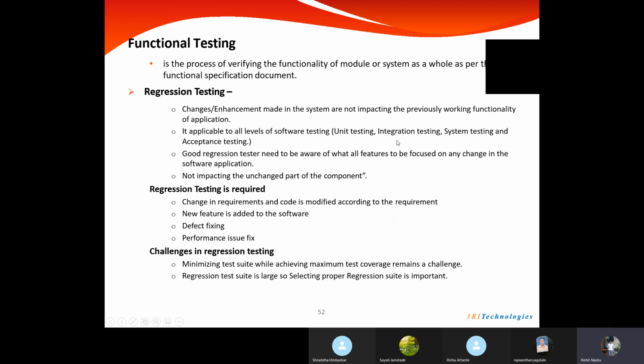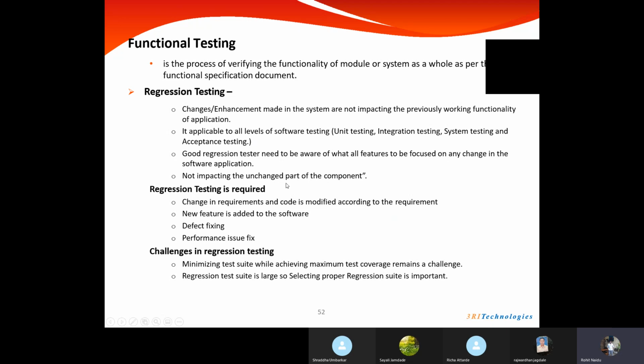But when we do regression testing, we will keep the test case names in a different format. If we are testing it for the first time, we will write functional at the start of the test case name. If we are doing the regression at the same level, like unit testing for the old functionalities, we will mention regression at the beginning of the test case name. So we show this difference in the name of test cases, and we maintain separate suites, just assume separate folders. Regression test cases will be in one folder, and the fresh, new functional test cases will be in a different folder. It is the same for all levels of testing.